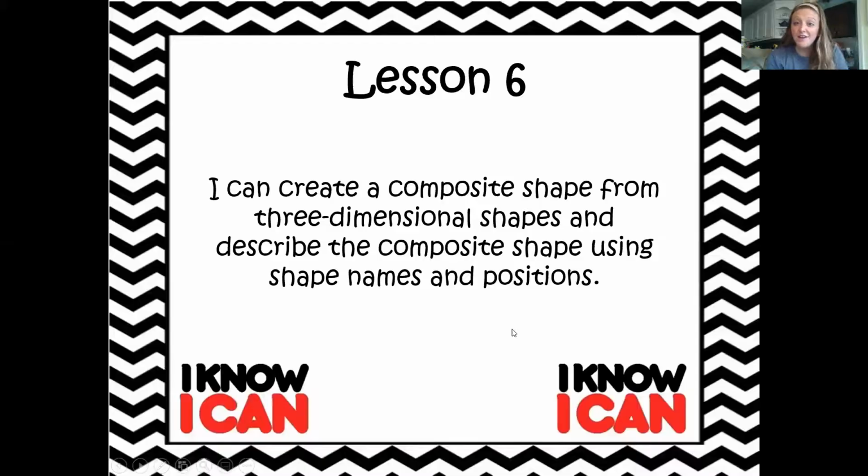So lesson 6, our objective is that I can create a composite shape from 3-dimensional shapes and describe the composite shapes using their shape names and positions. Yesterday we made composite shapes using our 2D shapes. Now we're going to use 3D shapes, but we're going to describe them by their faces, so the flat sides, or the vertices, or the points that they have. And we're going to be able to name which faces are on the ground, are on top of other shapes